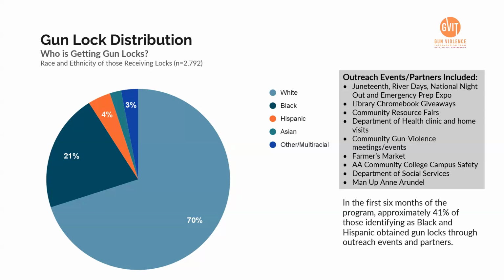But what we also found when you look at this chart is that we were reaching more minority populations, so people who identified as Black or Hispanic, in community settings, right? So not necessarily in our libraries, but we could reach them at some of the events that you see listed above. And so we started to partner with community-based organizations, also with our Department of Social Services, the community college, and within the health department, right? So at our health centers and our Healthy Start teams that are going out doing home visits with families, they've started distributing gun locks. And so far, so good, right?